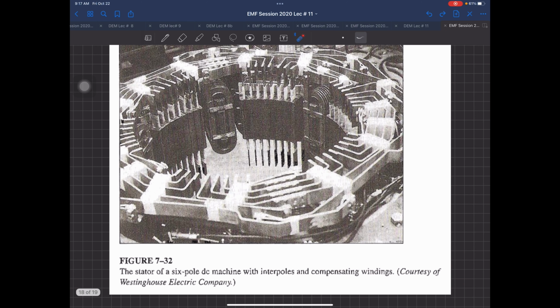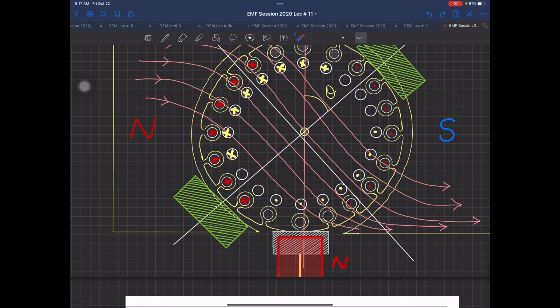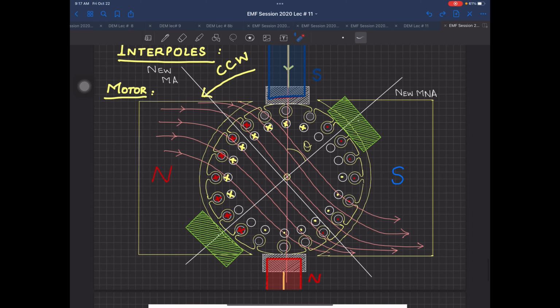So this is just the stator. But remember, interpoles are of very small size. They only affect the conductors just below the carbon brushes. They are not going to affect all of these, because otherwise the whole idea is lost, as you would be opposing it and cancelling its effect. So we have to act only on these 3 conductors. They are not just 3 in every machine; maybe 5 or 10, depending on the size of the machine. So these cross and these dot will be cancelled.